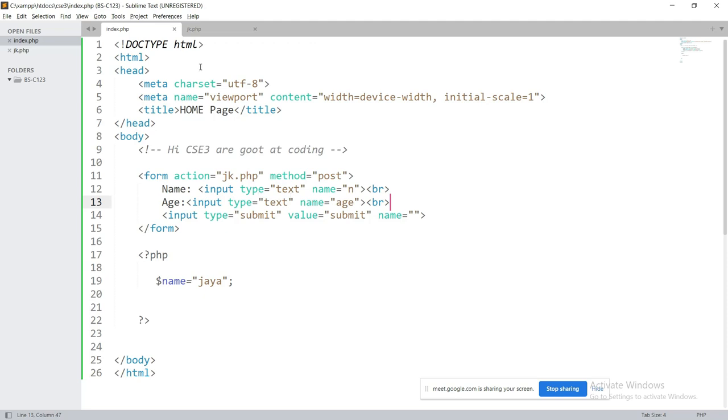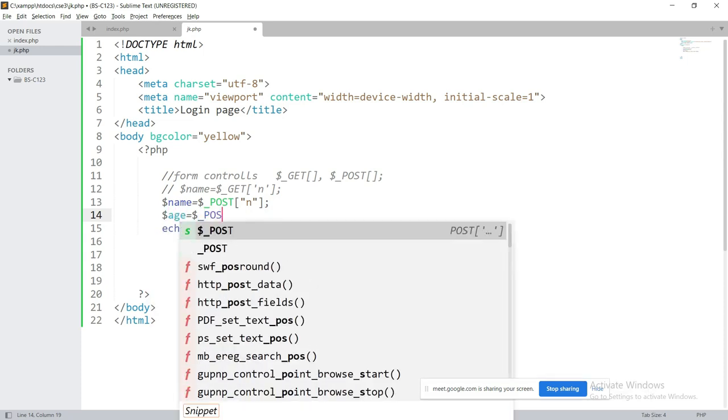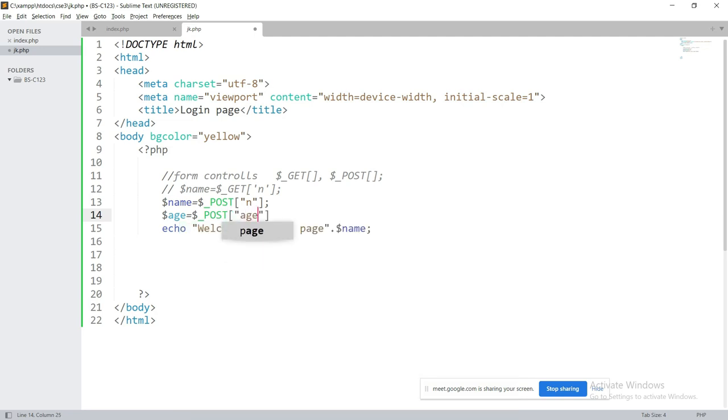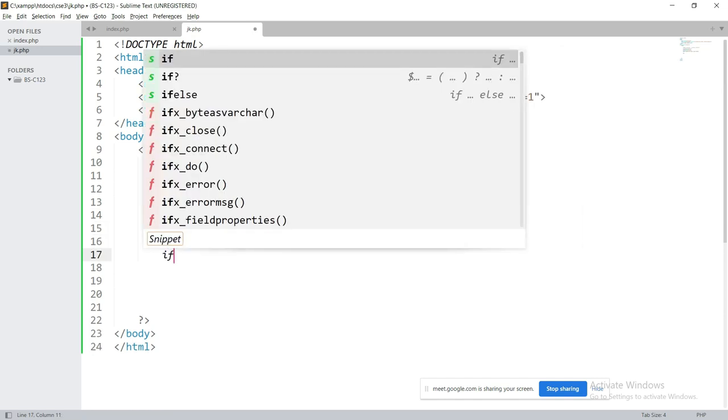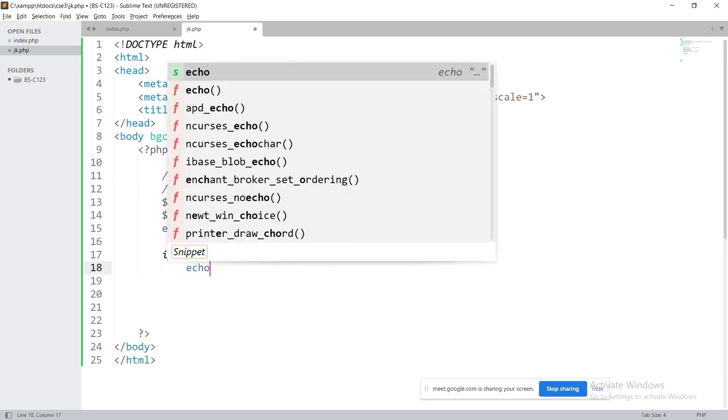Now, once the user enters certain data, that should be retrieved on this page. For example, $age = $_POST of age. Now, based upon the age, I would like to check. For that, I am going to introduce the concepts called control statements, conditional statements, looping statements. We'll discuss and move on. So, the if block, basic syntax which is the same in all languages. If $age, let me take the age of a student, is greater than 19, then I will allow registration. Like that I am going to write echo